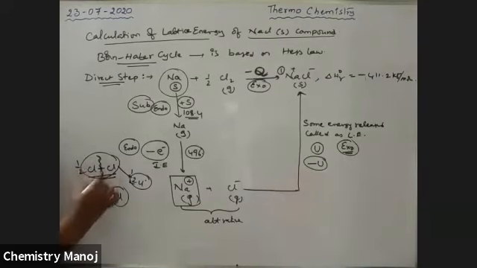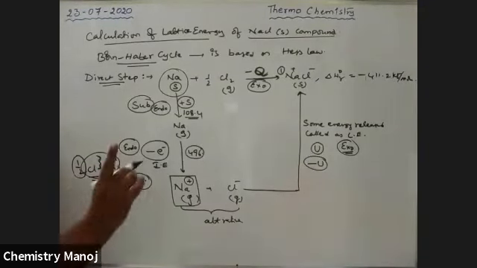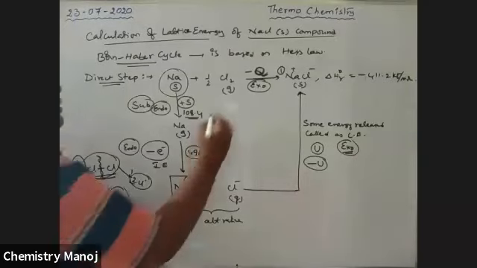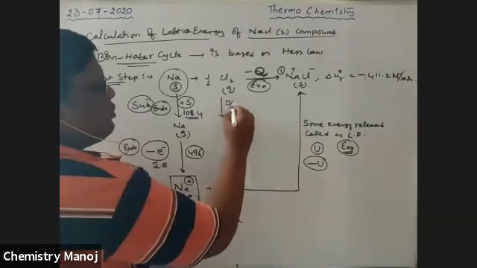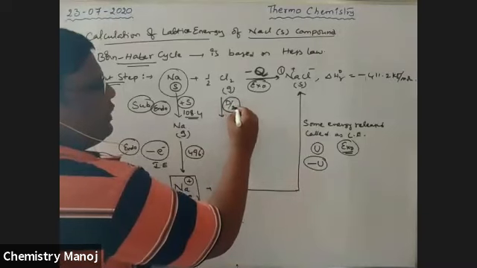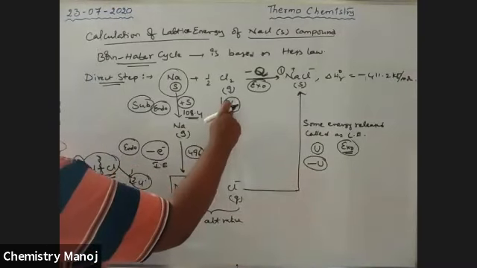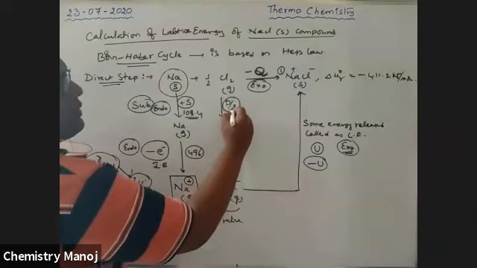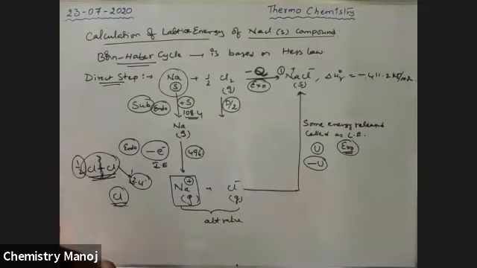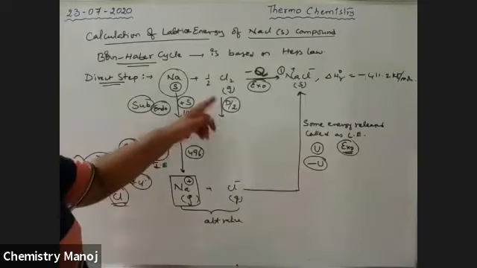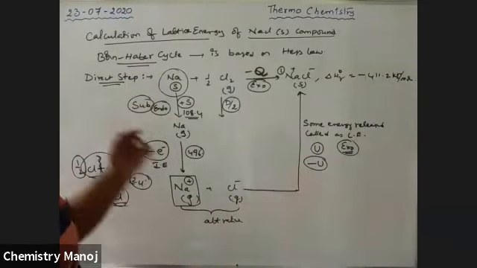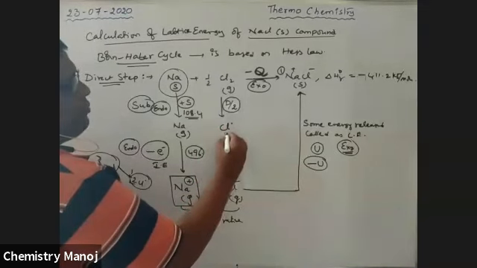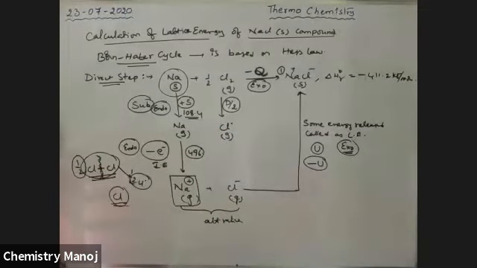The energy required to dissociate this bond is called dissociation energy. That is for chlorine. For 1 mole of chlorine, something is there. I'm going to take only half mole for one chlorine atom. Here D/2 energy, that is the dissociation energy, is used. D is the dissociation energy for 1 mole, but D/2 is the dissociation energy for half mole. So that gives gaseous chlorine atom.